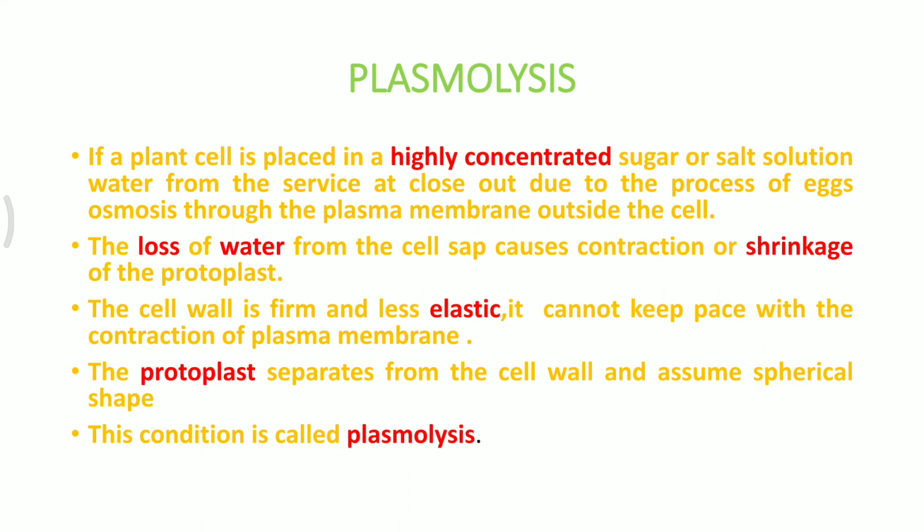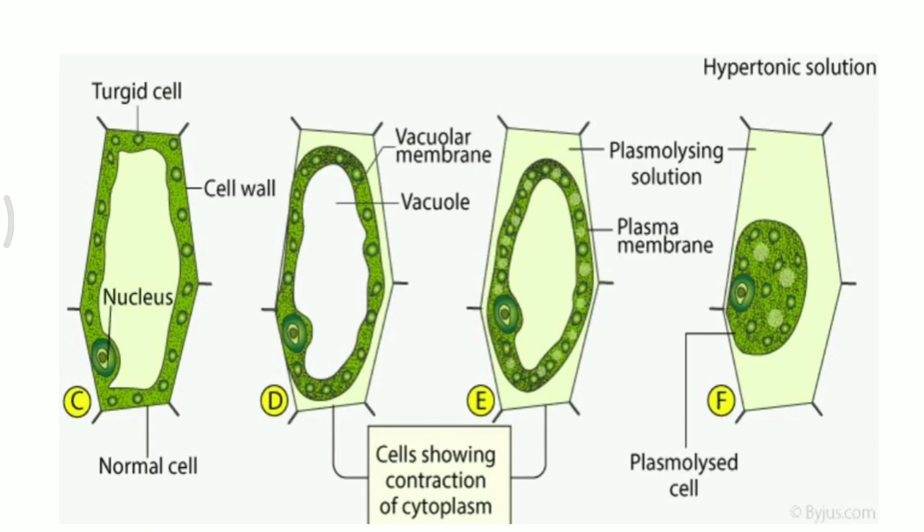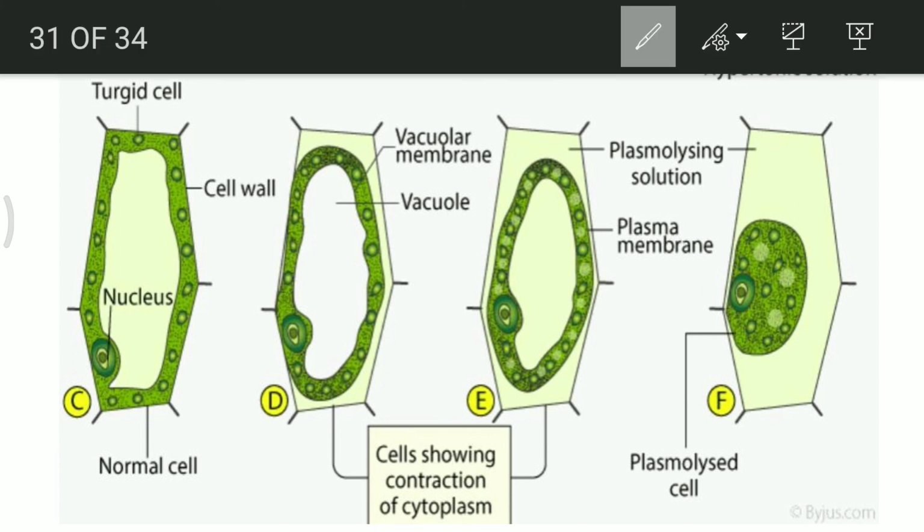Plasmolysis is a condition in which we place a plant cell or any cell into a hypertonic solution. Hypertonic solution means where the concentration of solute is way much higher. So, in a beaker or in any place, what we do is we place a cell. Think about